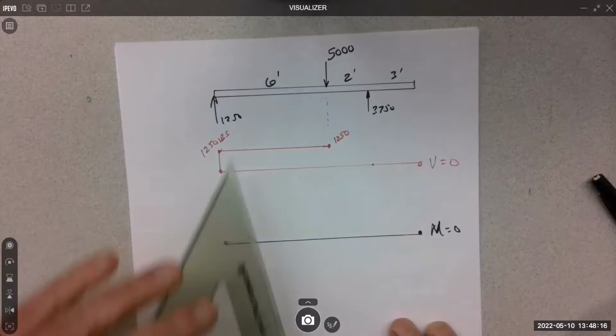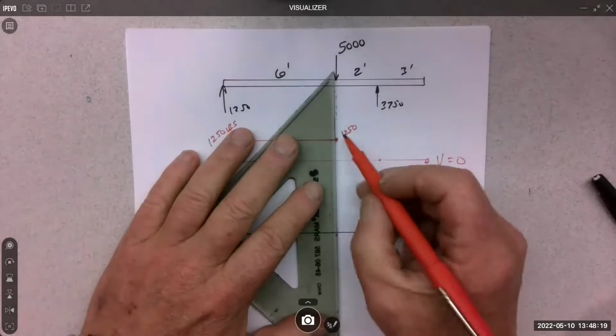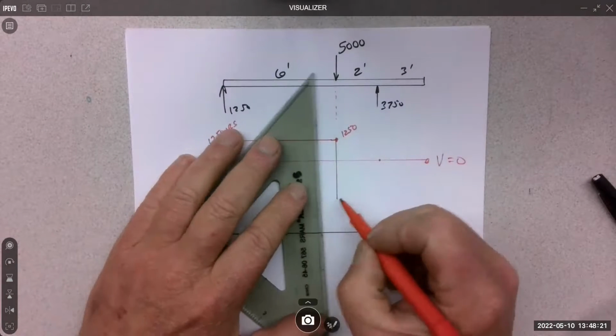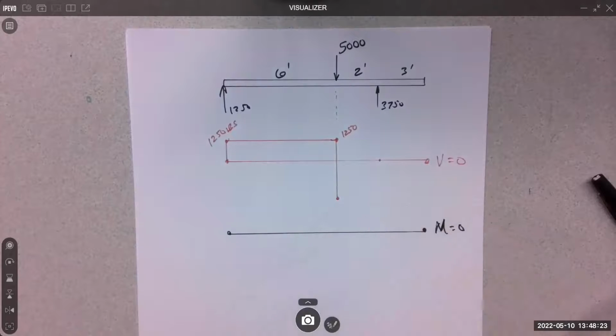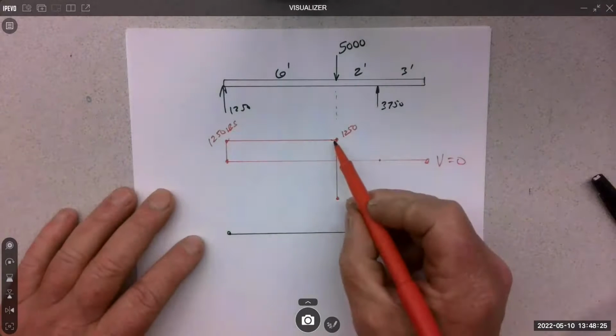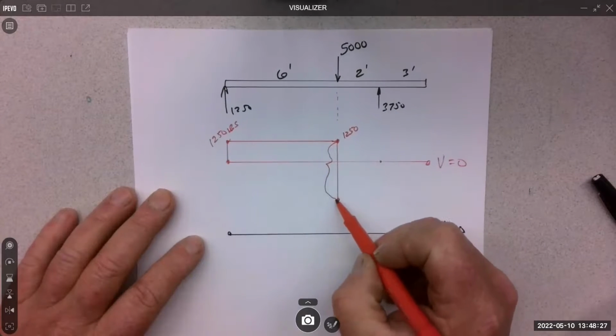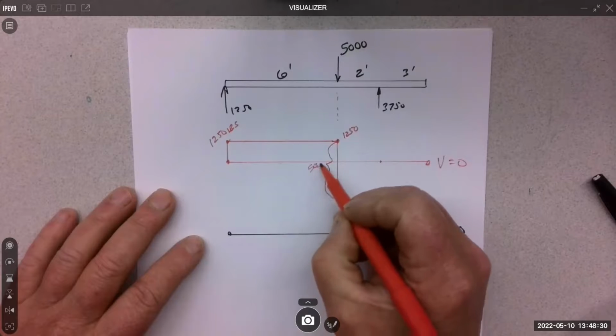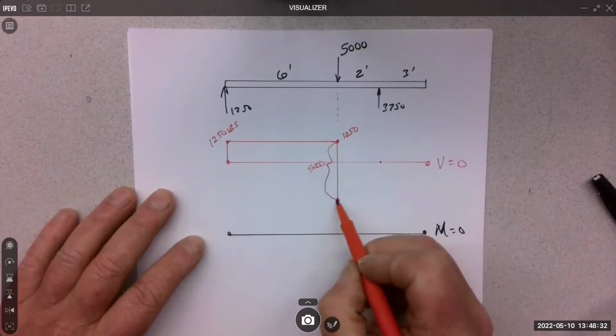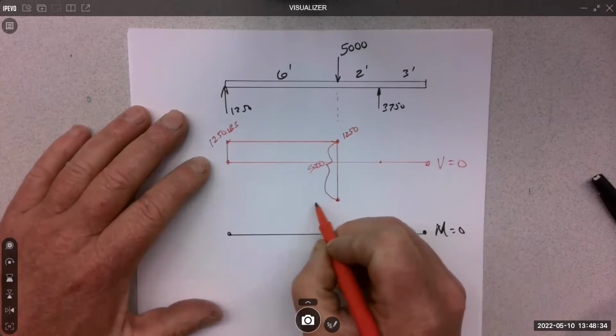Again, I just follow the force, and I'm going to drop a total of 5,000, which should put me down here at 3750